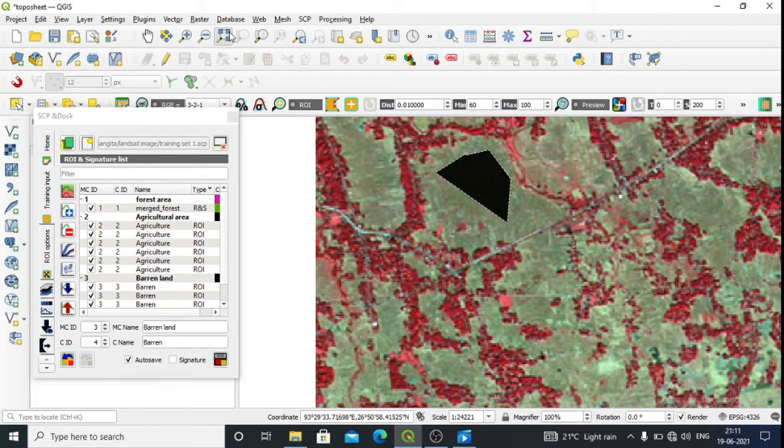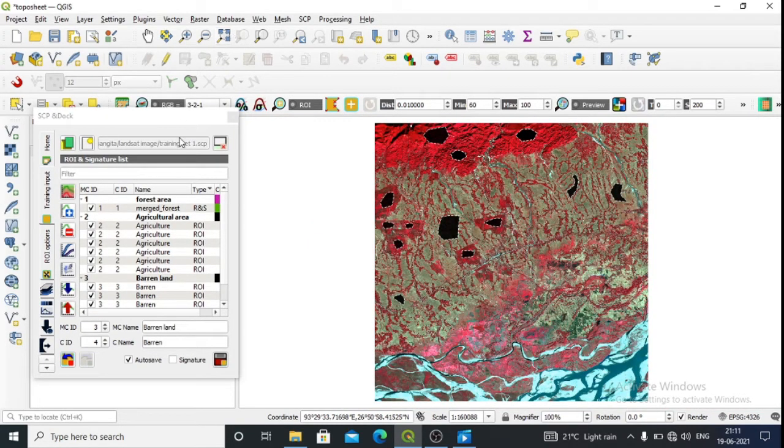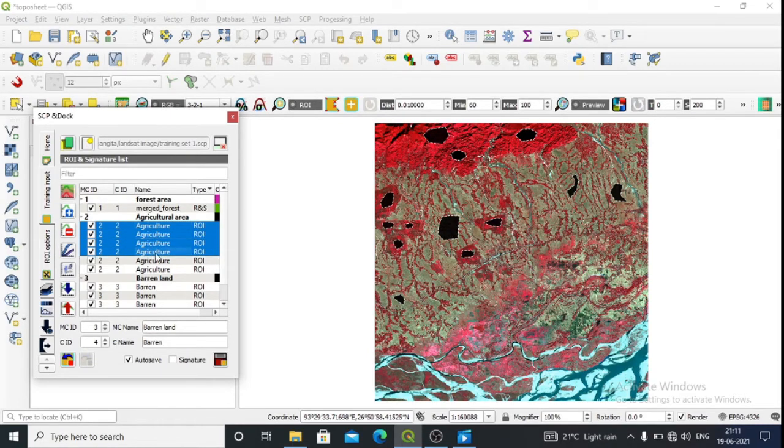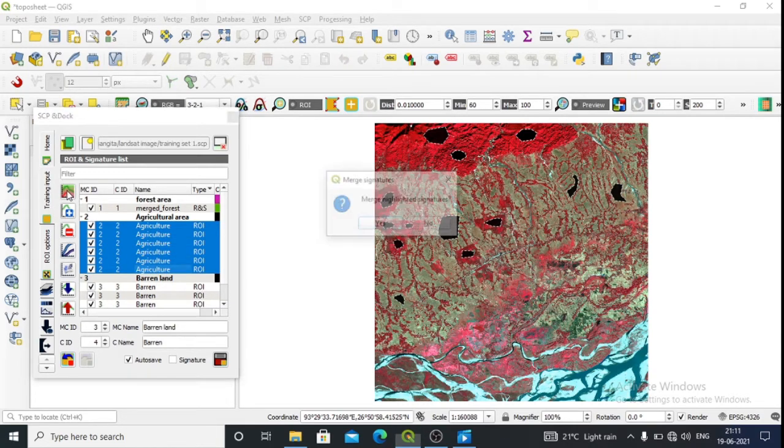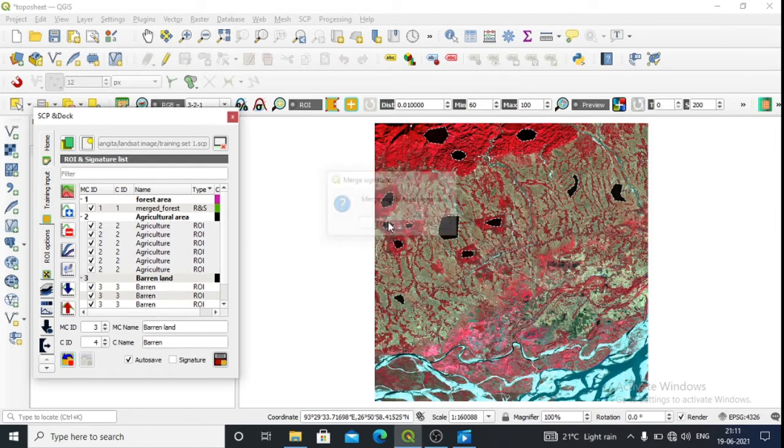Okay, so it's done. Now we have to do one thing: we have to merge all the files for agriculture. Let us merge it. Okay, select it, click on this merge option, then merge the highlighted signature.